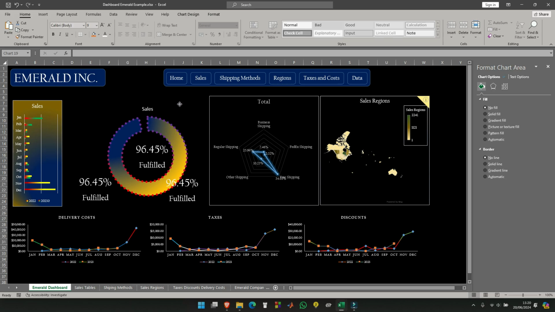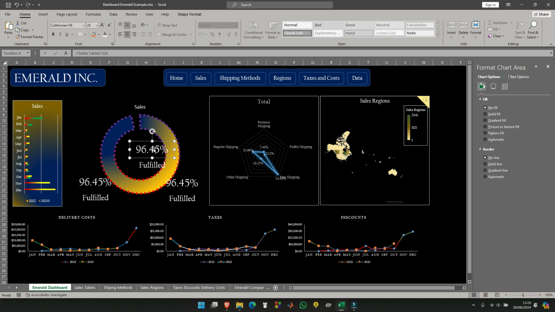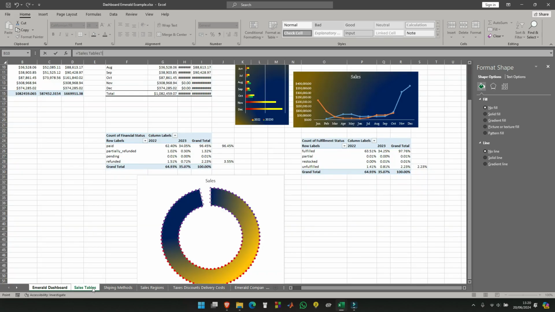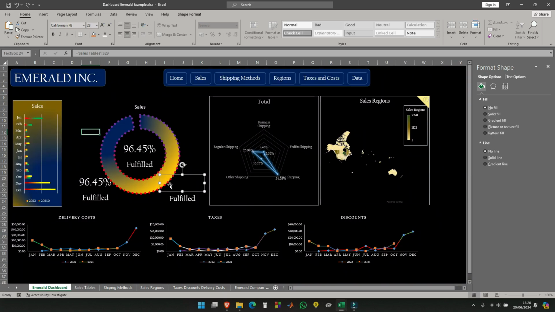Let me move this to this side and also move this to here. I'll format them later. Then these I want to change to unfulfilled. Then I'll edit these to